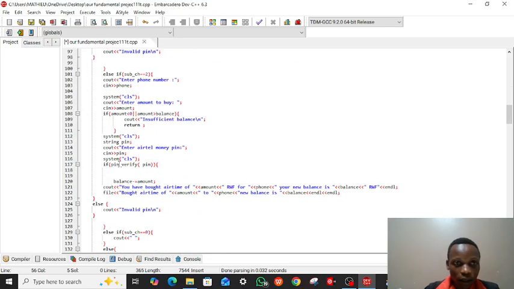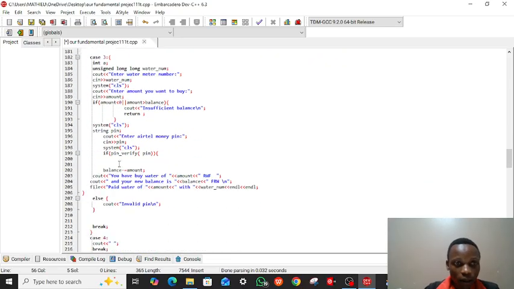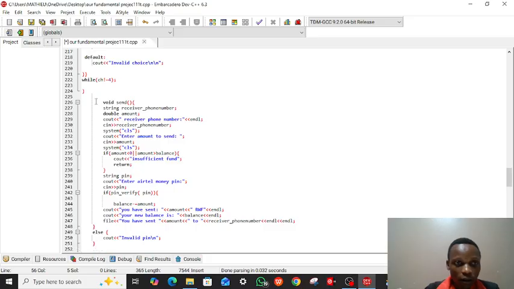And we need another function called send money. This send money function allows you to send money to your colleagues or friends. This function requests you to enter the receiver's phone number and the amount you need to send.